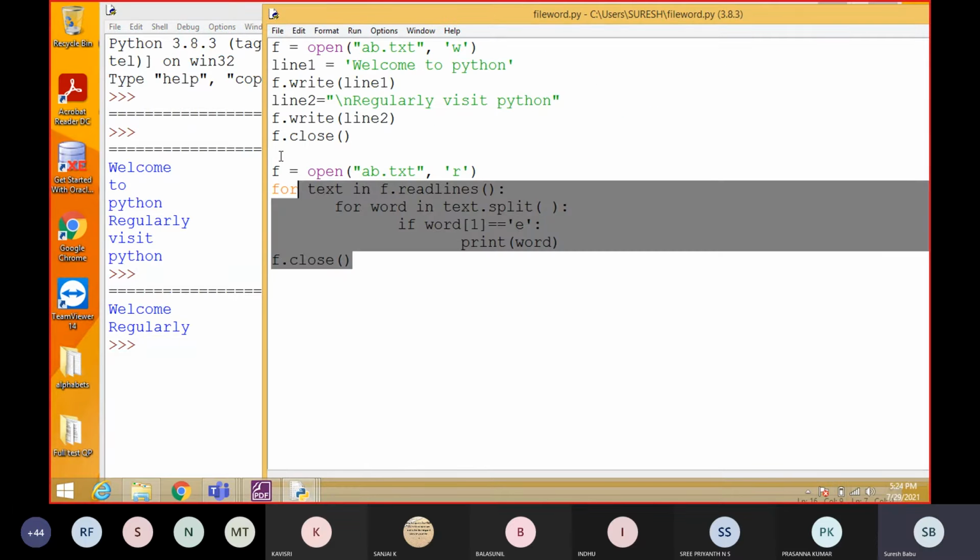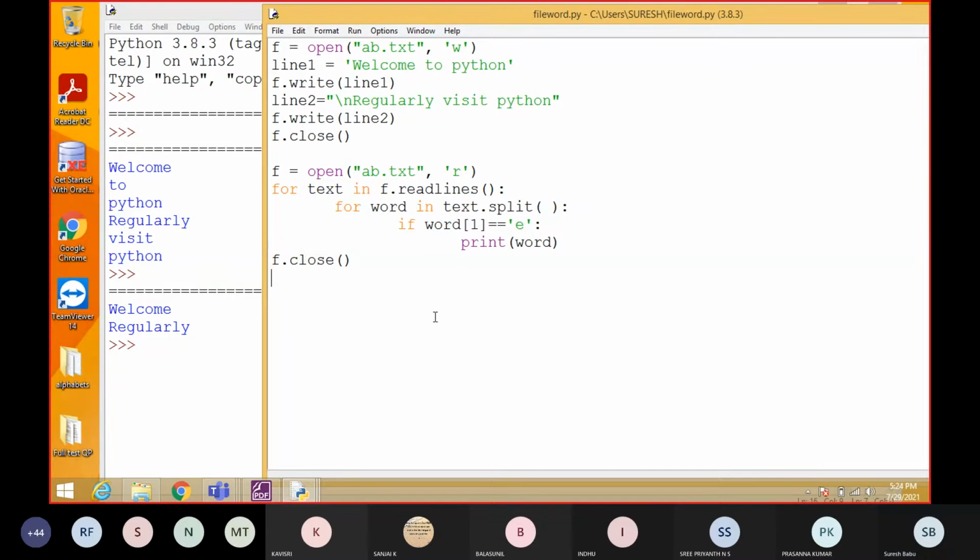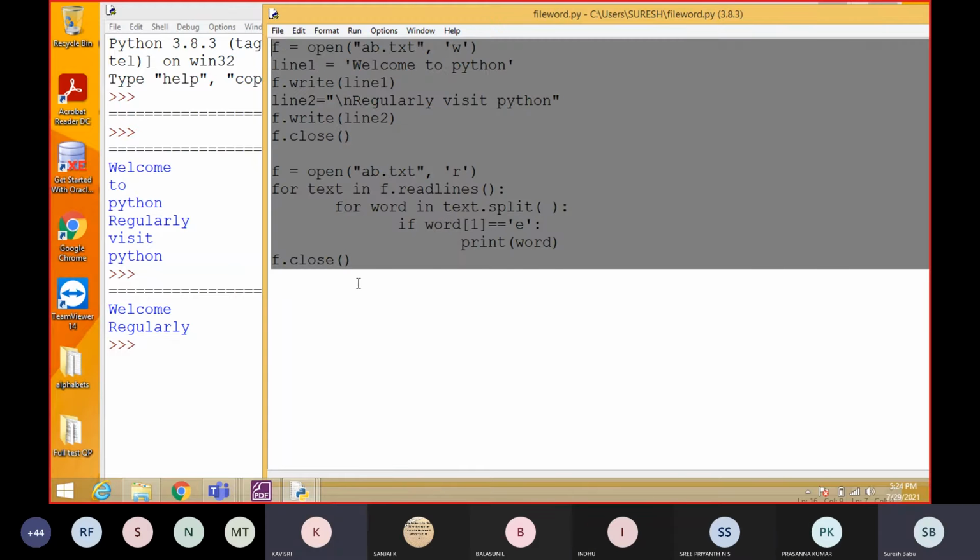Note down this program with the output. Students, everyone noted? Yes, sir.